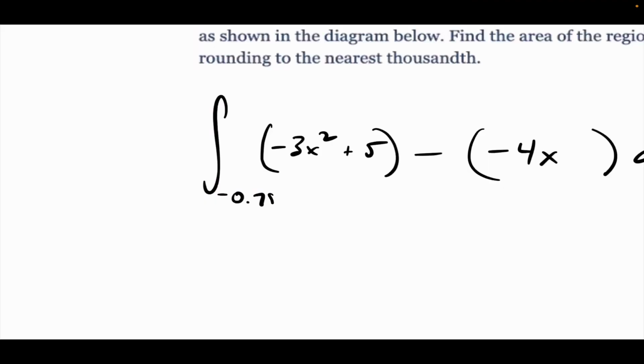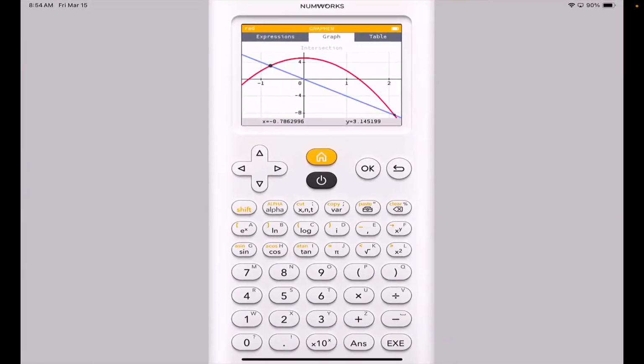0.7863. That's my first bound. Go to my second bound. So it's already in intersection mode. So all you got to do is scroll over, hit right arrow, and it goes to the other one. The other one is